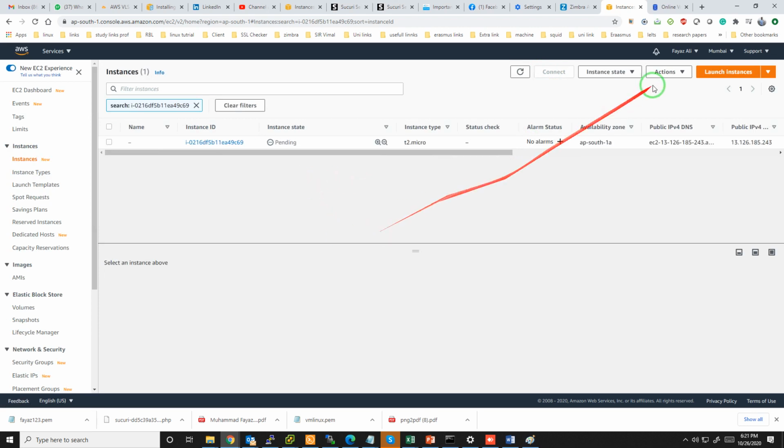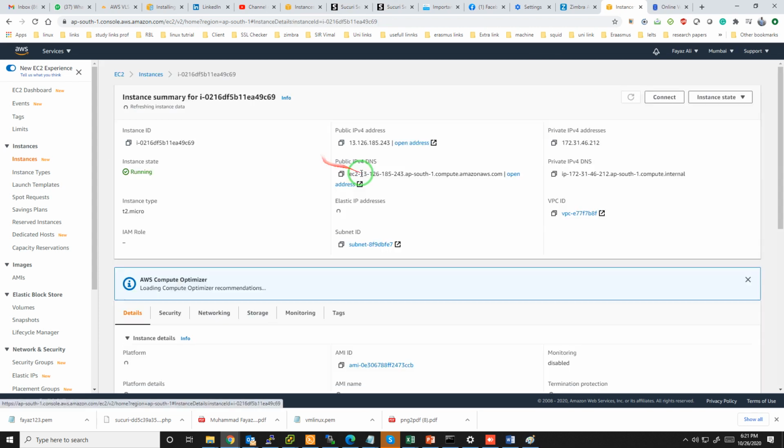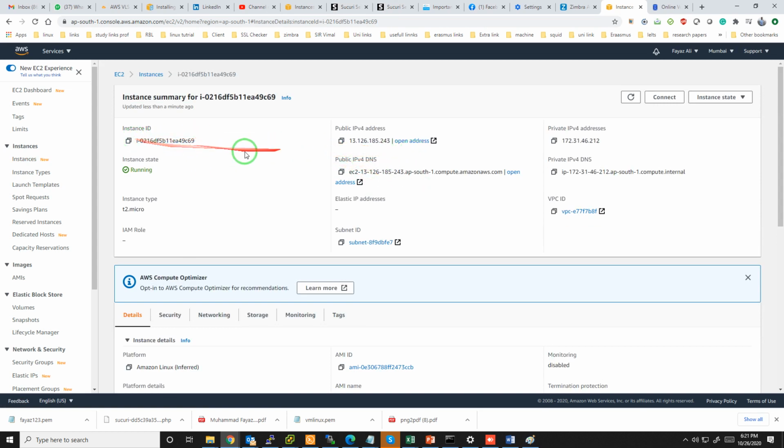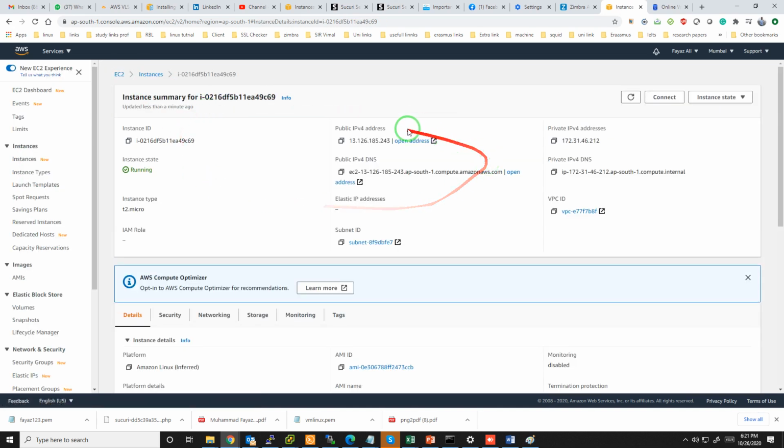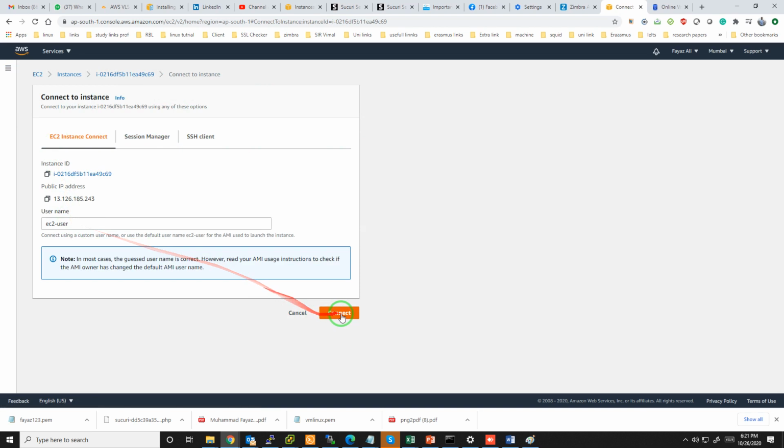Once it is launched, we will go for how to connect to it, and what the three types of connecting to the machine are. Here I have come up on the details of my EC2 instance. This shows the IPv4, local IP, private DNS, and all the things. Here is the Connect button, so you can use it. First of all, we are going to use the GUI directly. From here we can connect to the EC2 instance. Just come to the EC2 instance and then click Connect.